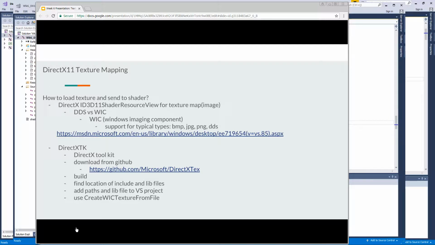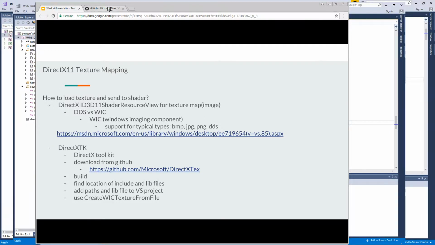In DirectX 11 they've taken out that nice function, and Microsoft uses what's called a Windows imaging component, and unfortunately there's not an easy function in DirectX to do this. So there's a third-party toolkit called the DirectX Toolkit, which is hosted on GitHub. And this does have a nice library that has a really simple function call for us to load a